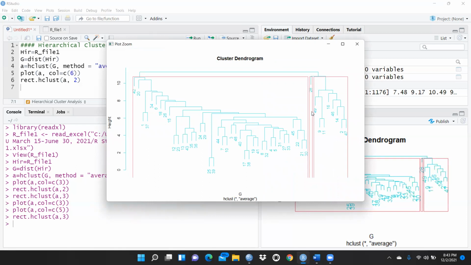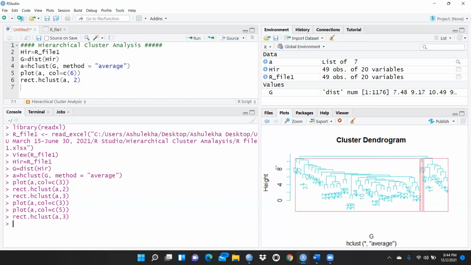So this one is the middle one. I mean, this one is the very small one, and I think that is not clearly defined: 1, 2, and this one is the 3. So it depends upon your data, because my data is not like that, whereas in your data the 3 clusters may be clearly defined. So you can apply this coding on your data.